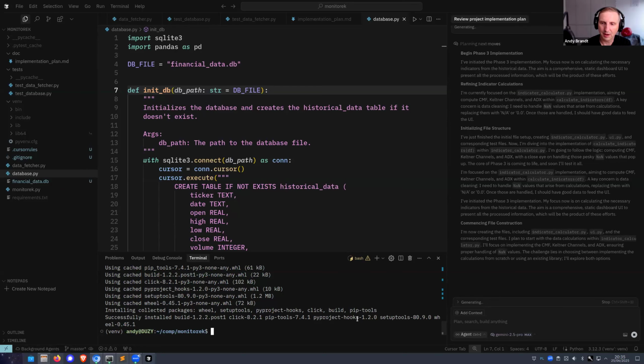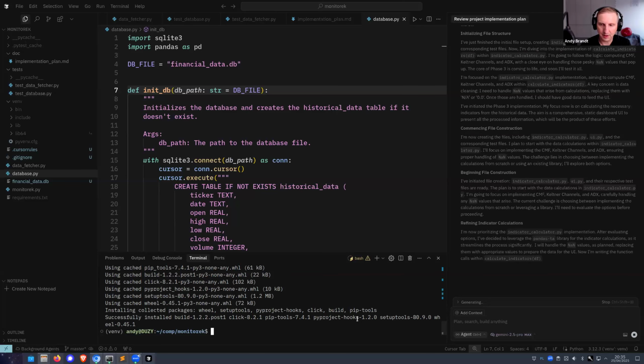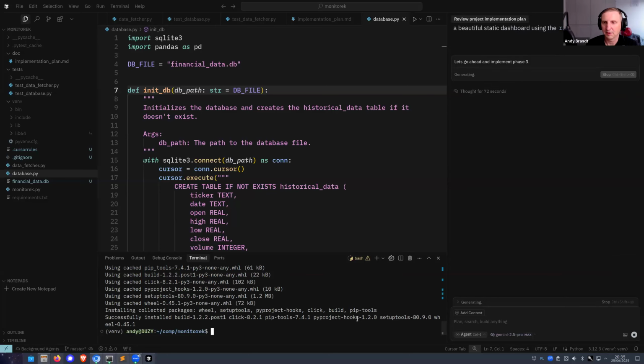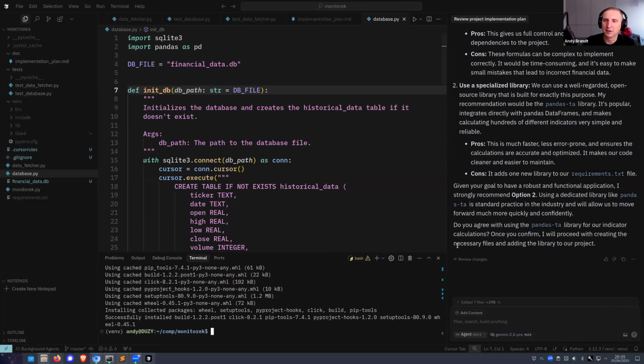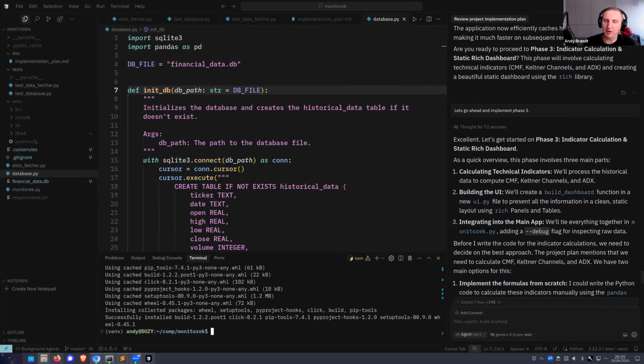I want to see how it goes with using our library, or Jakub's library, for technical indicators, which, as I already mentioned, is... yeah, okay. So calculating, we create a build dashboard function.